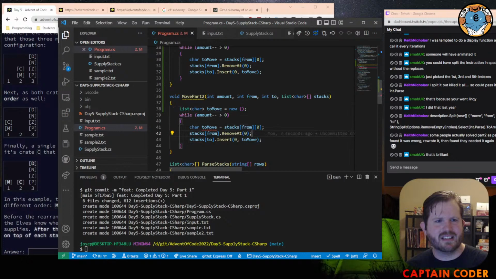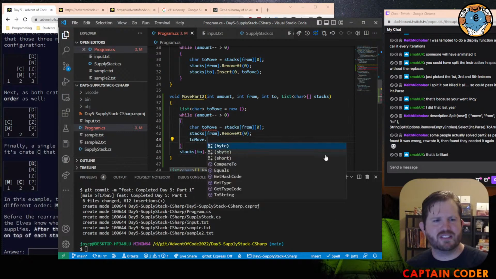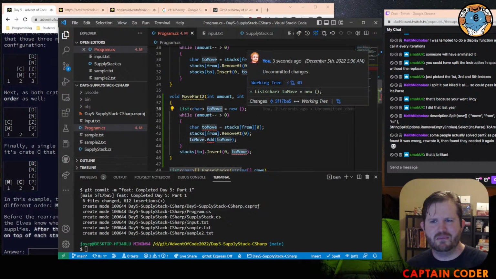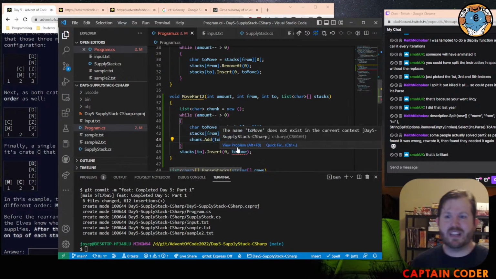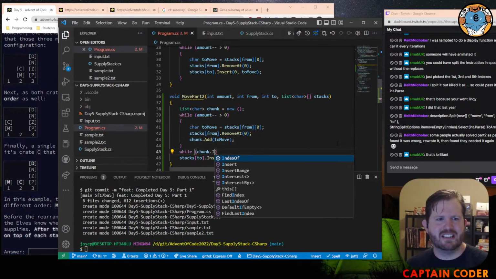And each time we remove one, all right, here we go. This is what we do. To move dot add to move. Okay, I've done something terrible here. I'm gonna call it chunk. All right, so we're gonna just pull them off, add them to this list. This is a little bit lazy. I could do a subarray thing a little bit better. And then we need to put them on essentially in the reverse, insert at 0, kind of in the reverse order. So we'll do while chunk dot